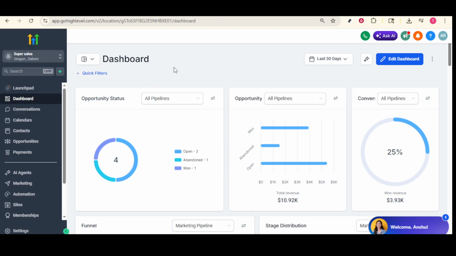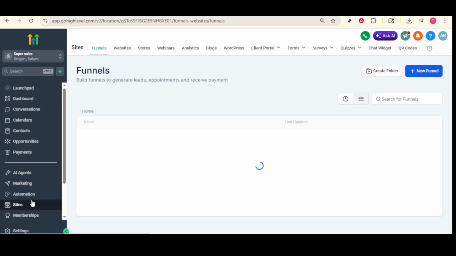First things first, you'll want to head over to your GoHighLevel dashboard. When you open GoHighLevel in your browser, you should see a dashboard that's your control center for everything. Once you're on the dashboard, locate the option labeled Sites on the side panel. This is where you can manage all your funnels and websites, and today it's where we will start our journey